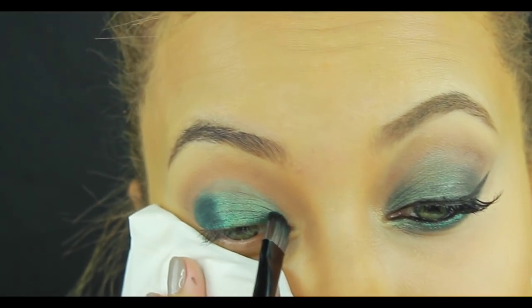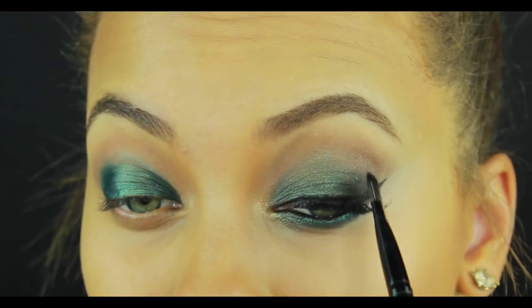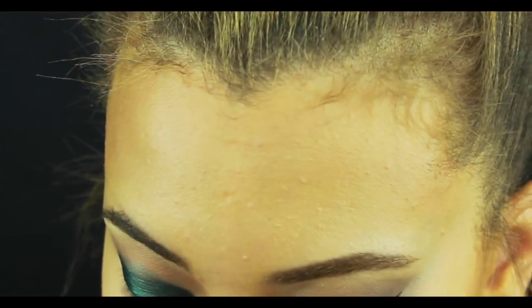So I'm going to get that same teal, and go and put it there. I feel like I should touch up the other side now. Make it more teal. Now that I have accomplished that,